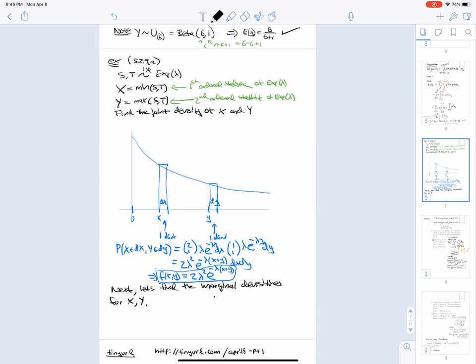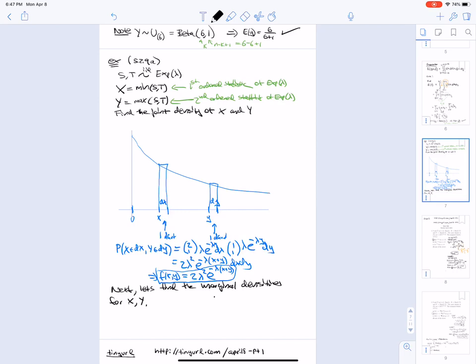We're going to look at the probability that X is in dx and Y is in dy to find the density. By the multiplication rule, it's the probability that X is in dx times the probability that Y is in dy given that X is in dx. So the probability that X is in dx would be